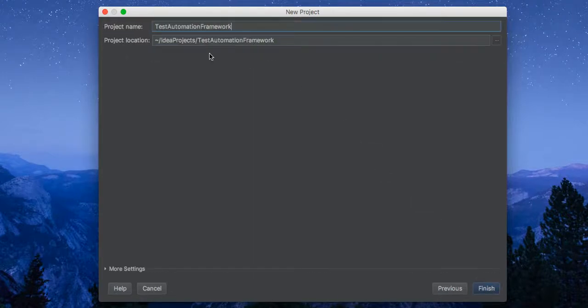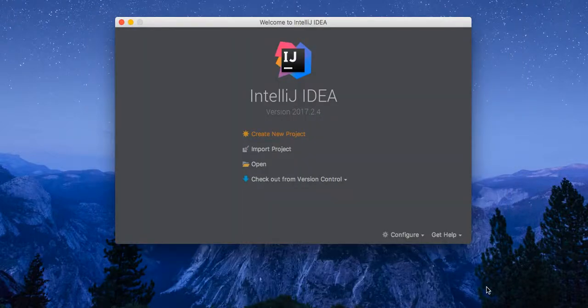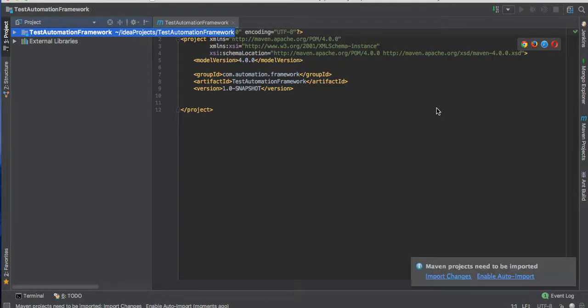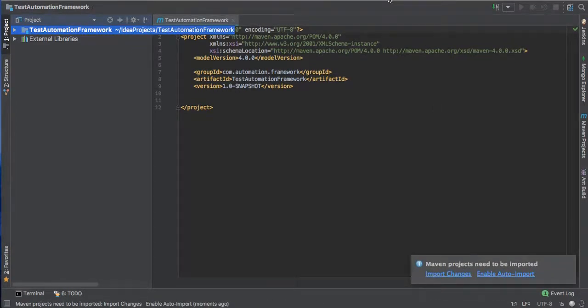So let's click on next, and we can see here the project name is called test automation framework, and it is located in IDEA project. So that is just fine. So let's click on finish. So what we should see is a new project, and the first thing that opens up should be the pom.xml file. And what I'm going to do real quick is, if we see down here, we have two options,